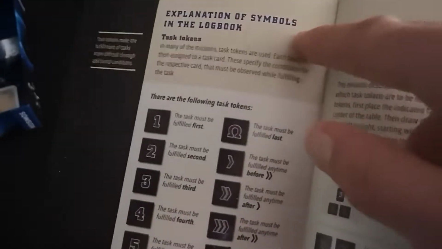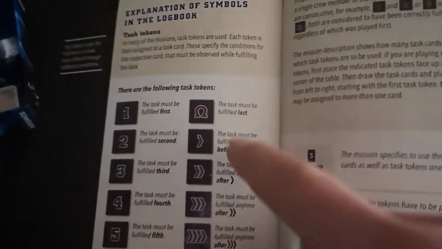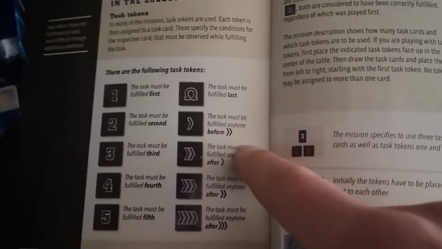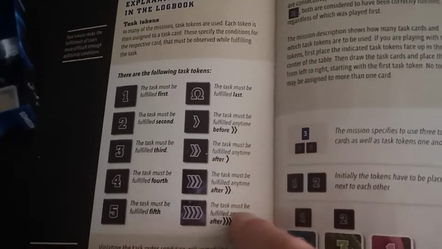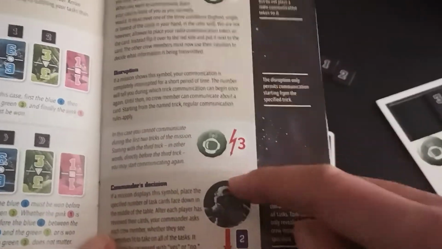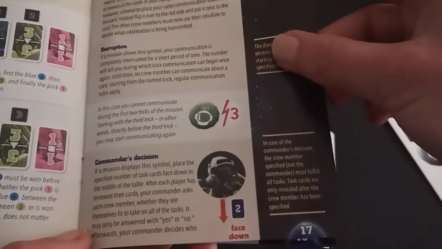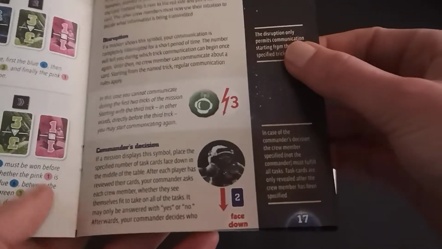So within the rulebook section you have an explanation of the symbols in the logbook. As we mentioned before, these are the tasks with the numbers. You've got an Omega task which must be fulfilled last, and then you've got an instruction of these ones as well. And a few examples in here. So this is sort of the one I talked about earlier. You've got potential for the dead zone where your communication is limited, or disruption where you can't communicate until a certain turn. Commander's decision, so they basically choose the missions